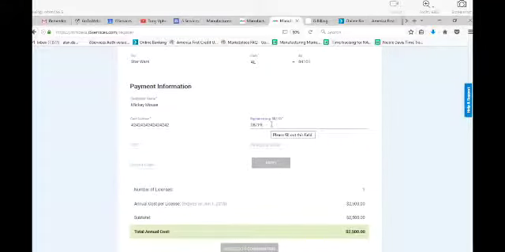And of course, you always have to have the expiration date and the CVC and some sort of a billing zip code. Now, this next piece is a promotional code. For those of you who are members of a state manufacturing association or the National Association of Manufacturers, they can provide you a promotional code that gives you a significant discount off of the price of the annual subscription. You'll notice down here we have one license showing, and the annual cost per license is $2,500. If I put in a promotional code,